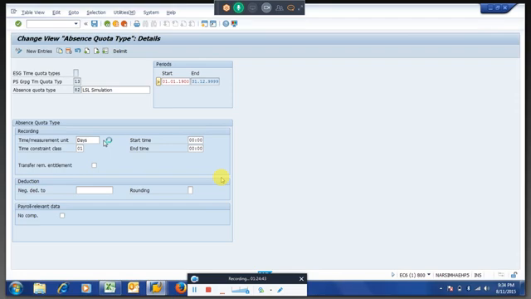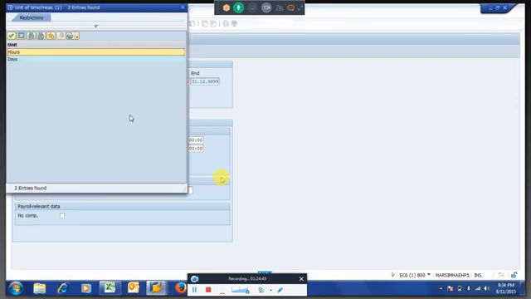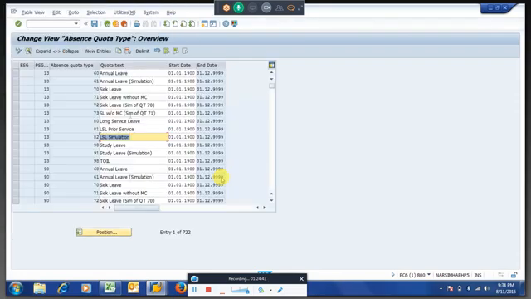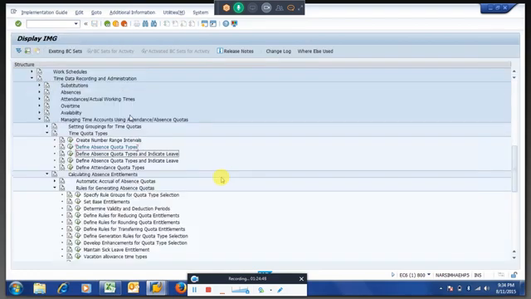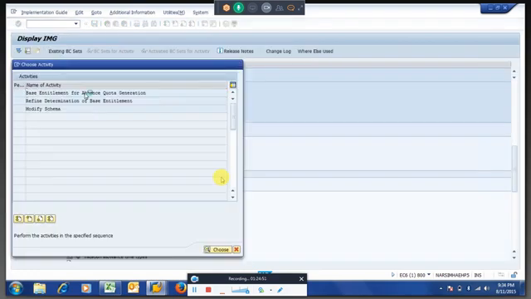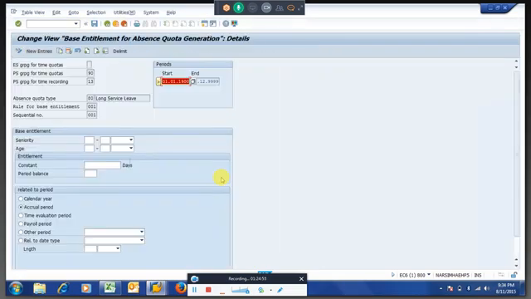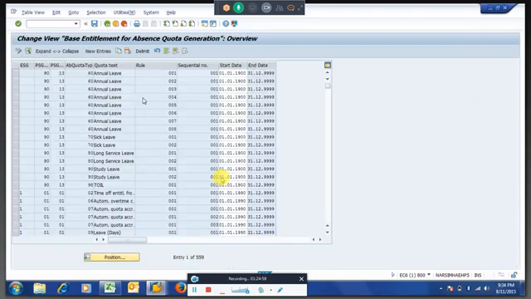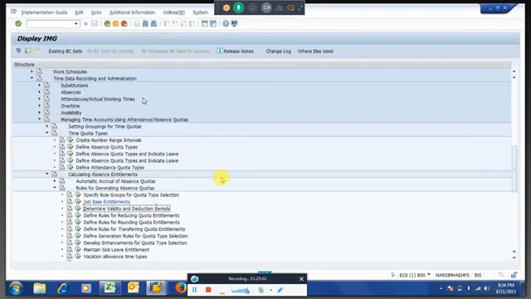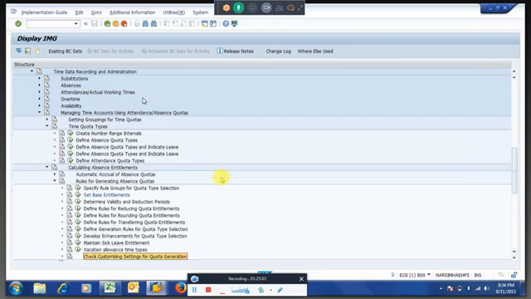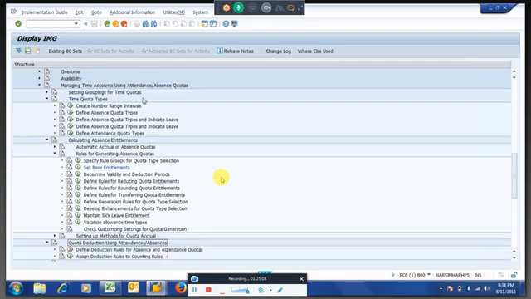You have the option of days and hours. The first thing, it will come to your state-based entitlement table, whatever we are creating. So here it is not modifiable. The days already come. There is another table, I think deduction rule. I don't remember exactly where we will do this, but